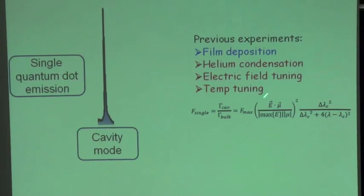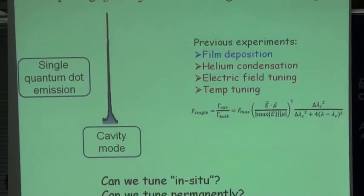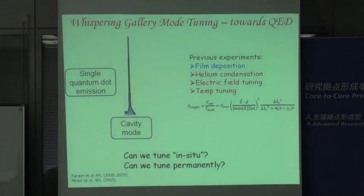Now, the reason why I put them in different colors is because film deposition is, of course, permanent. Once you put the film, you cannot take it down. And these helium condensation and temperature tunings are dynamic. So you do it while you measure and you observe, and once you take it out of the cryostat, it basically disappears. We want to do both of them together. We want it both in situ and dynamic and permanent,